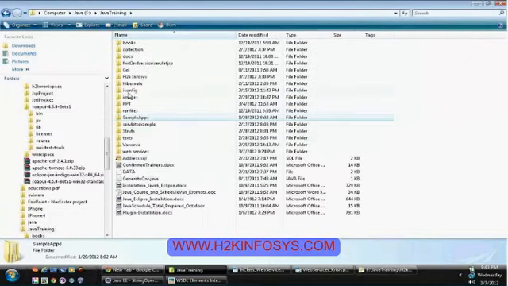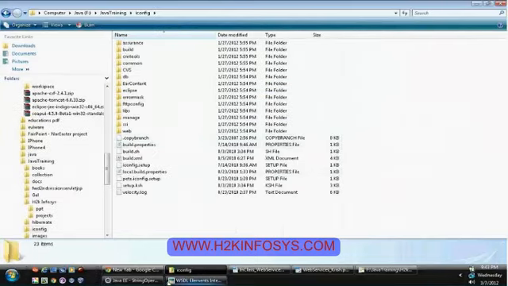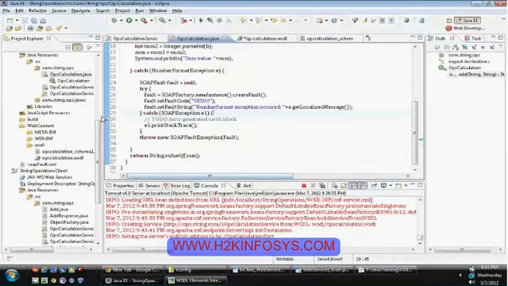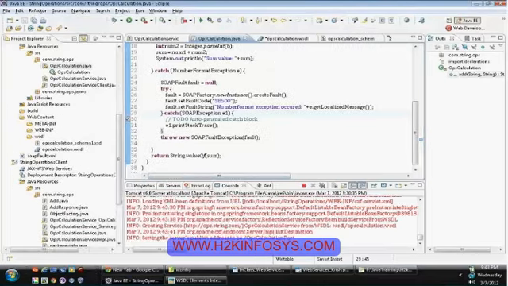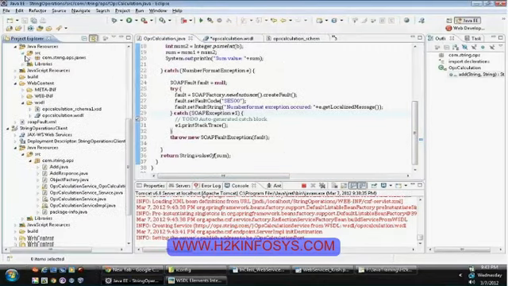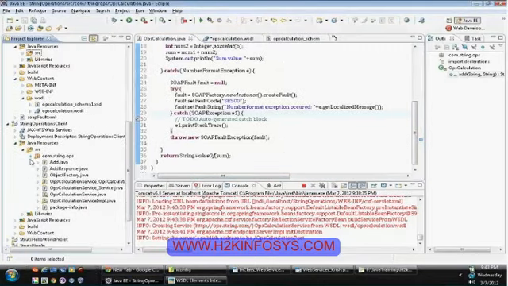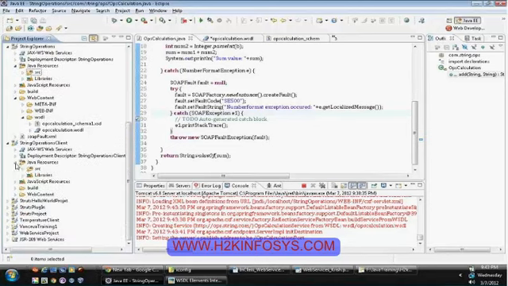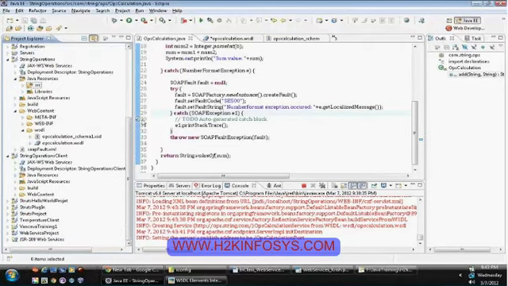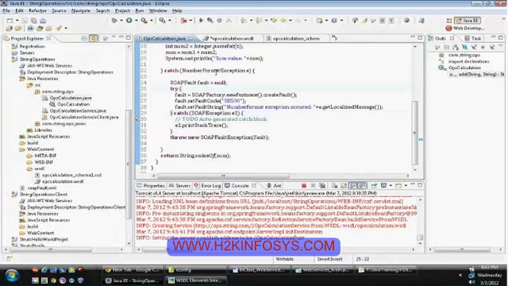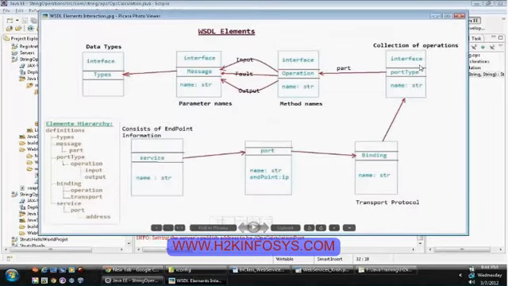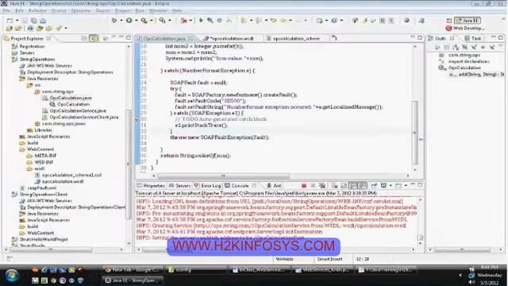Related to the Java files that got generated, it's not at all required for you to go through what kind of classes the web service is using, how the port and type got generated, and how the communication is going on. Even in a real world project, they won't ask you to write from scratch. I have explained it only for your understanding.